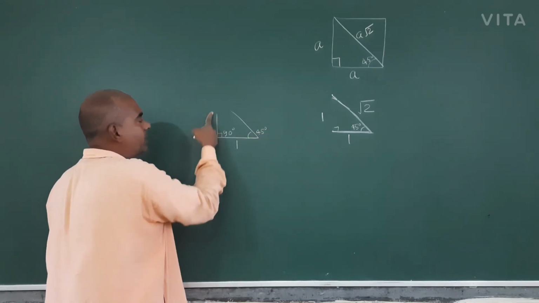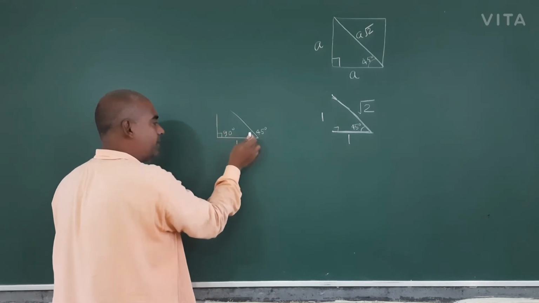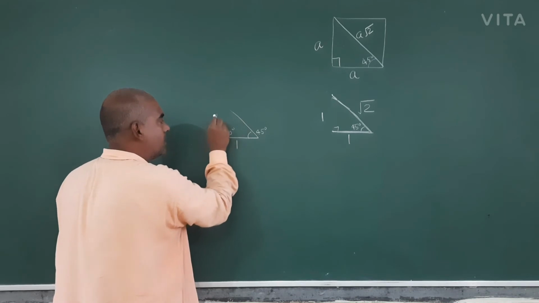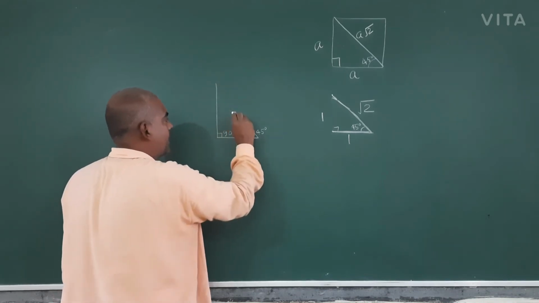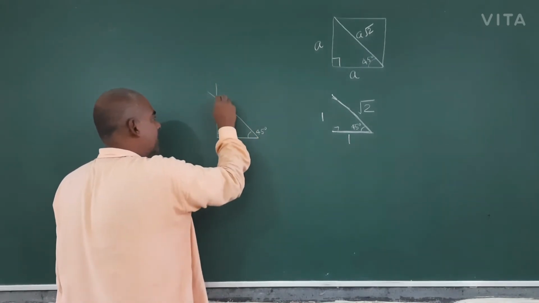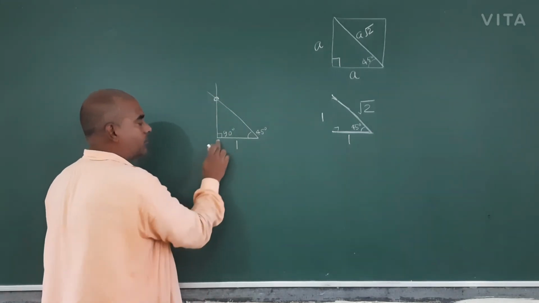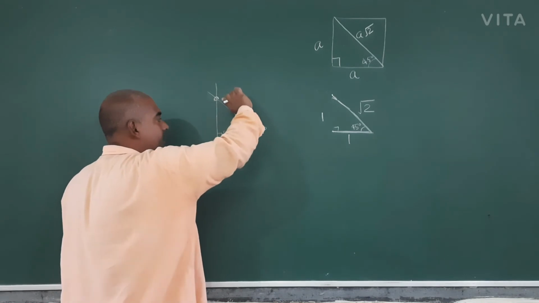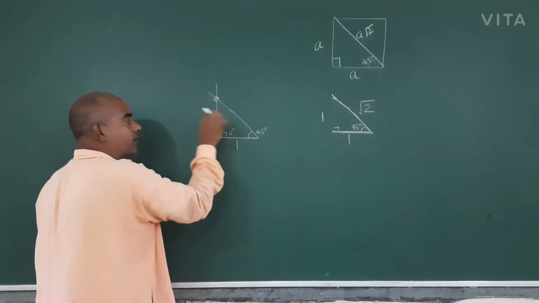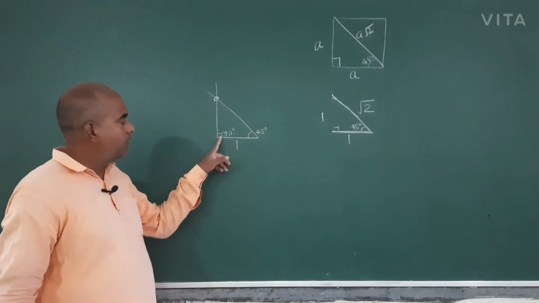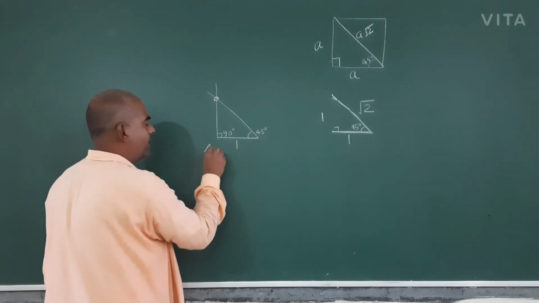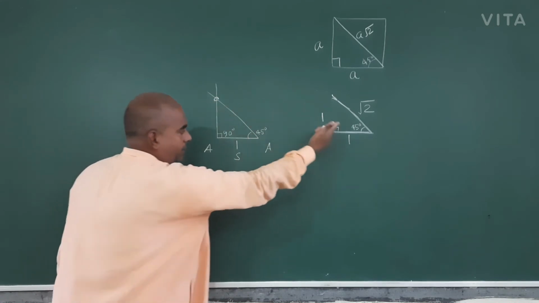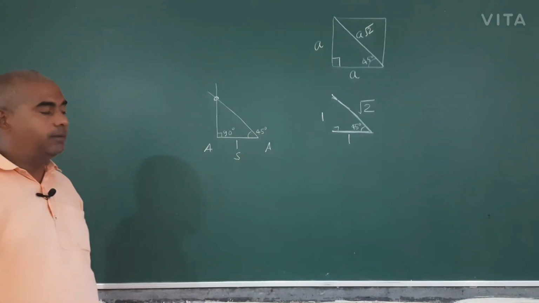We don't know this side, but this is 45 and this is 90, and because this line is not parallel to that, it will cut somewhere and you will get a third point. In this condition, you can calculate this side and this side, and this angle also. This is trigonometry: knowing only one side and angles, you can find the others. This I will tell you.